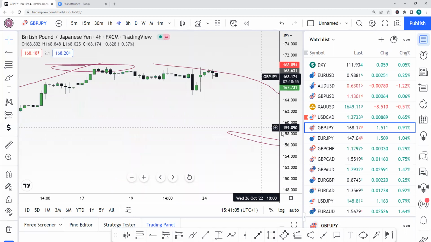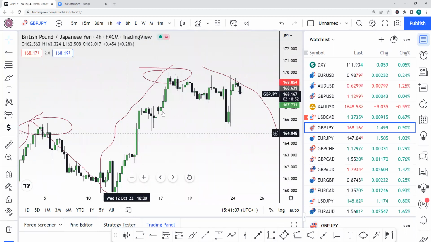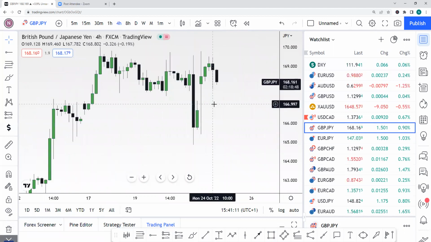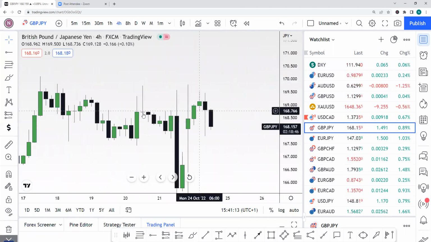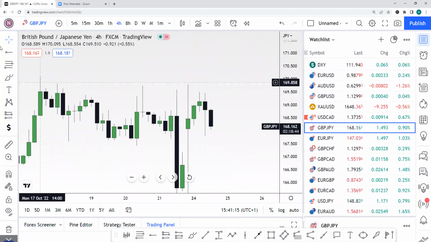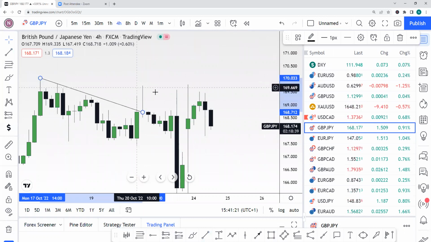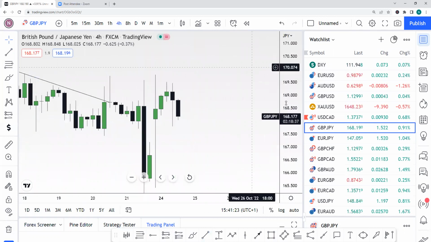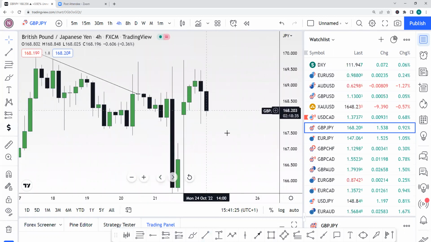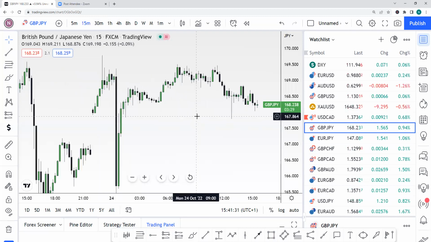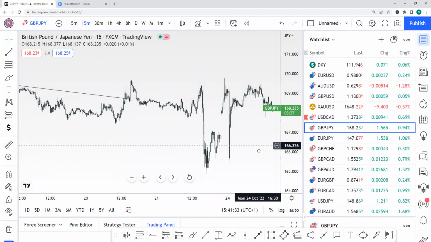So when you come to the 4 hours time frame, what do you see? You will see a lot of rejection here. Market kept rejecting. Market does not want to move to the upside. You see right here, it rejected and sold. And right here, the rejection is taking place again. And when we go to the 15 minutes time frame, for instance, you will see that